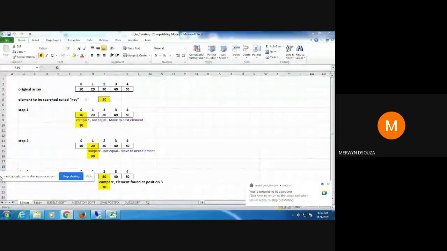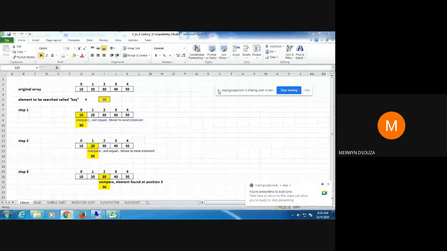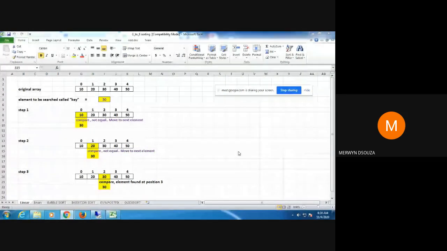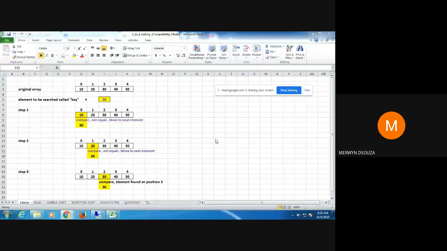Okay, so I'm going to start with two searching methods today, and maybe if we get time, I'll do the first sorting method. The first method that we are going to learn is maybe something you have learned in your first year, I'm not sure, but the first method that you're going to study is linear search. So we are starting with searching methods, and under searching methods, the first one that you're going to study is linear search.